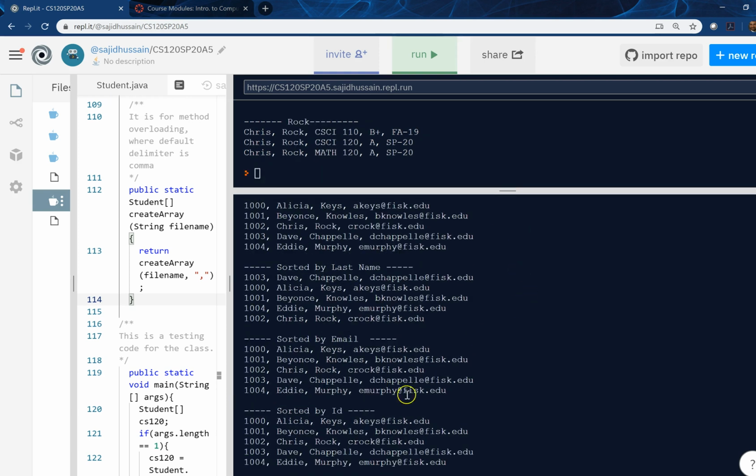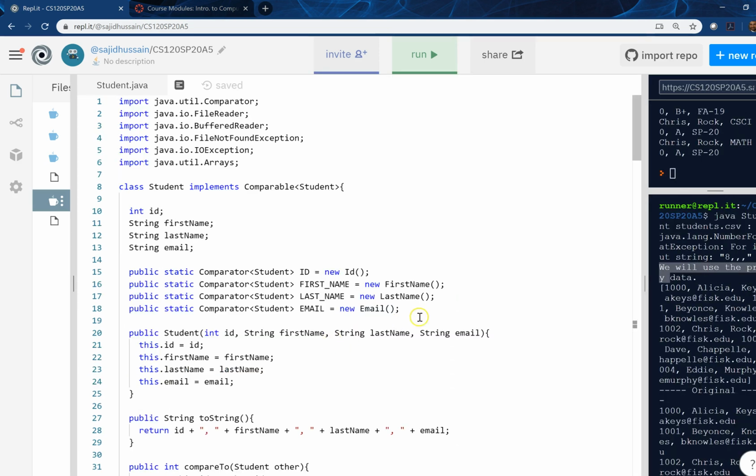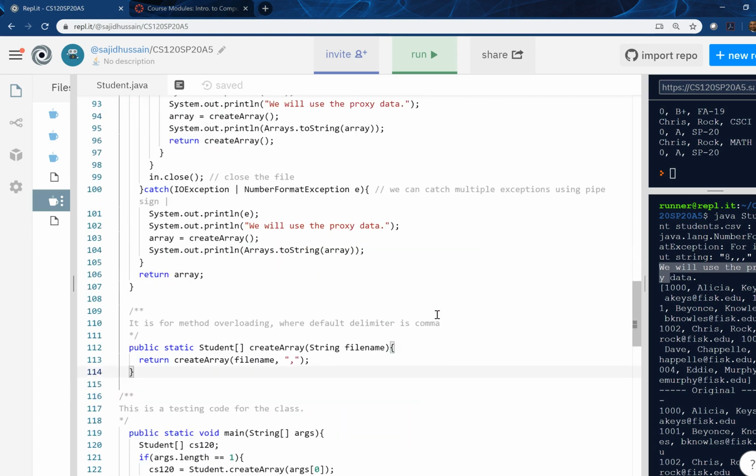And we read all the file and we printed them. So that was the requirement, to print each line on a separate line and sort them. Here is an example to show you what we are doing. So in this testing code for the student,